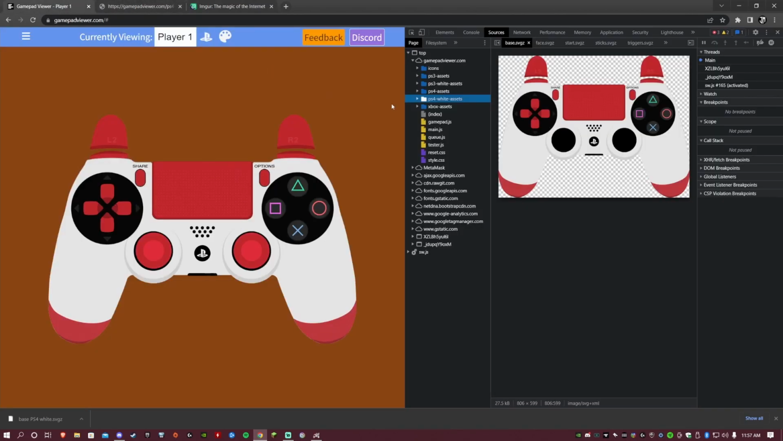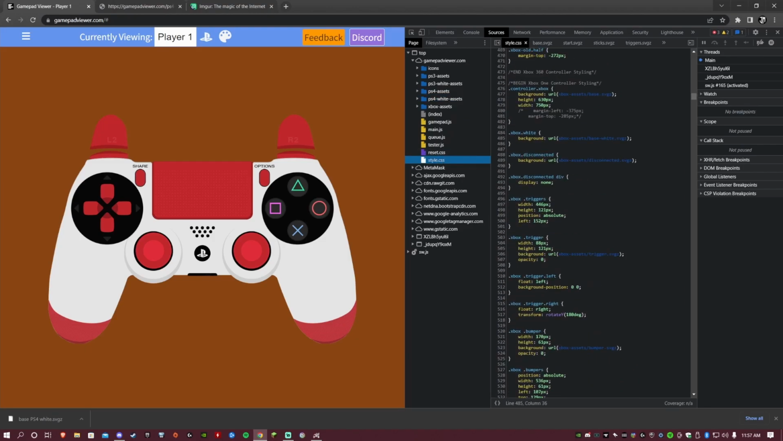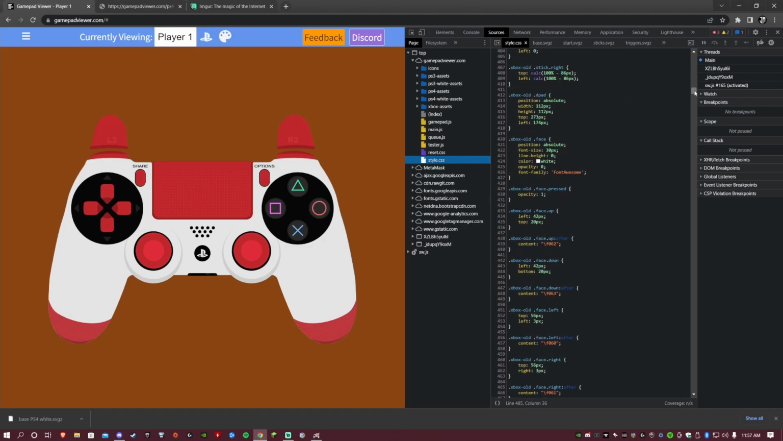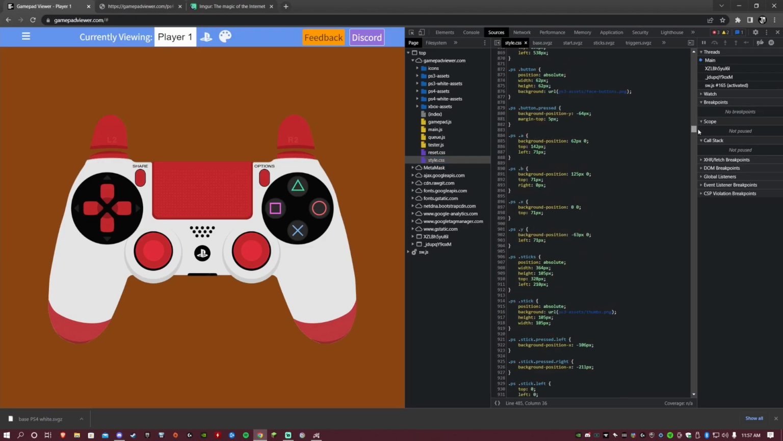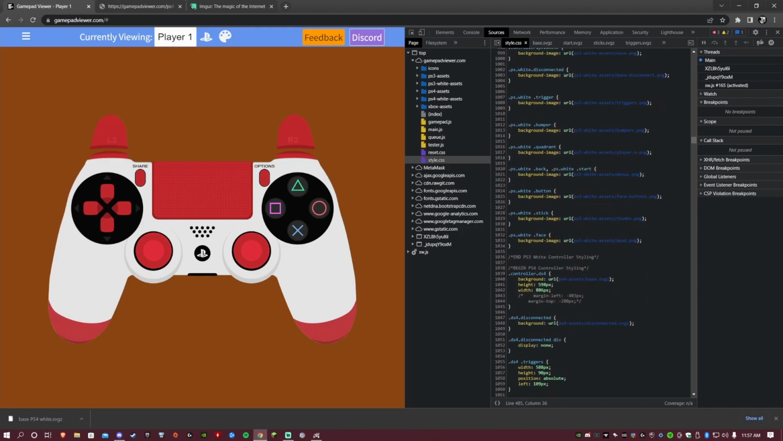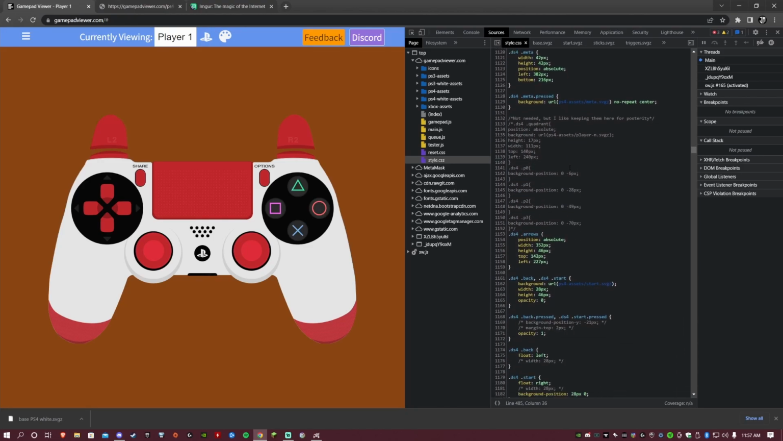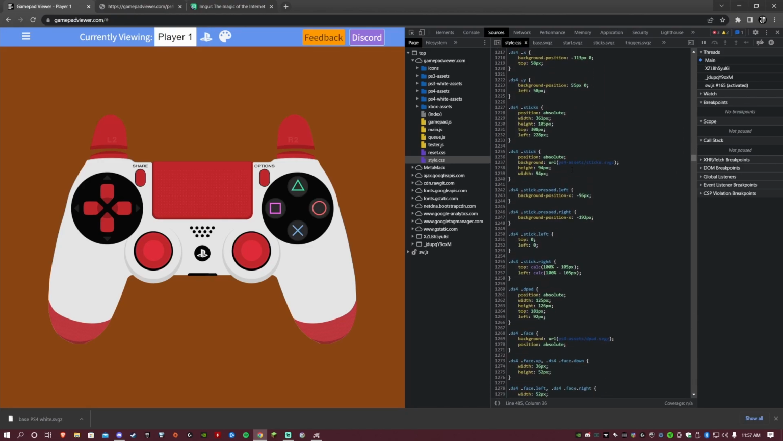Then we're going to go back to Gamepad Viewer. And in here, we're going to go down to style.css. And then this is going to have all the different variations. So we want to scroll down. Okay, PS3 white, PS4. So that's normal PS4. So next, I'm hoping